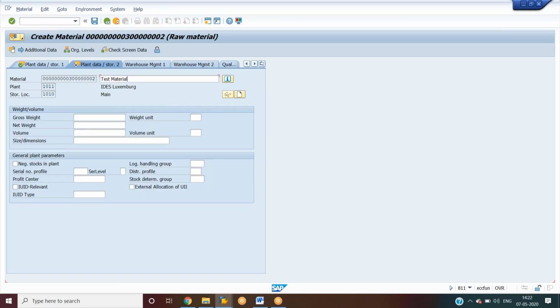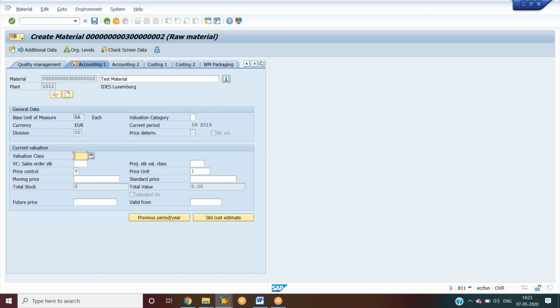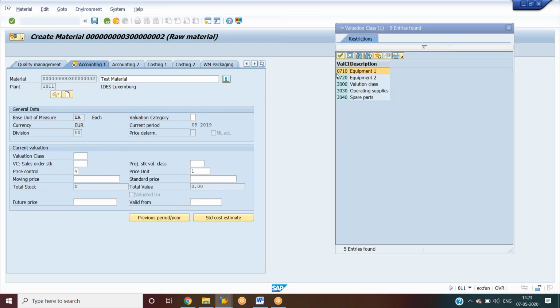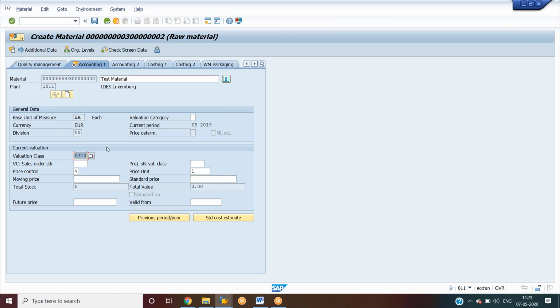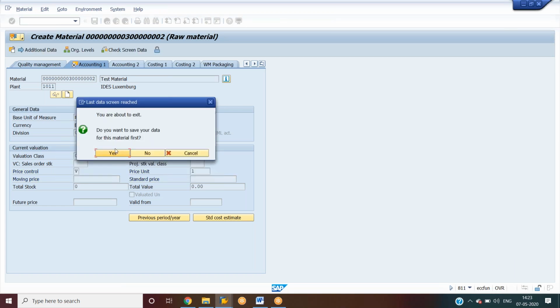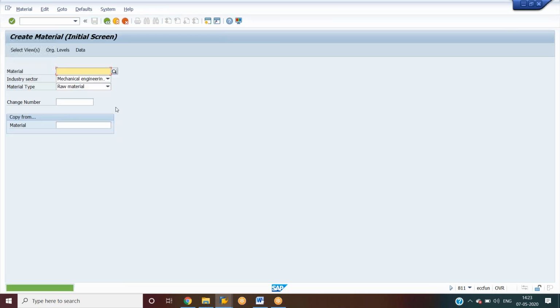So this is how we need to extend the material, okay. So likewise, if you want to extend only under one plant,